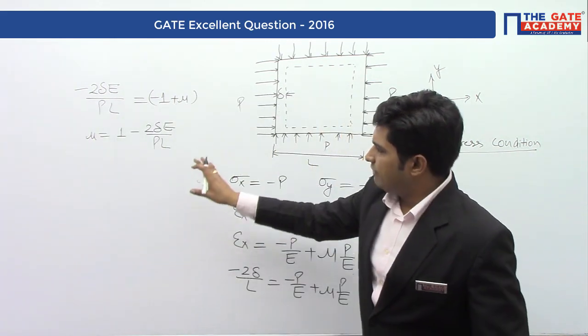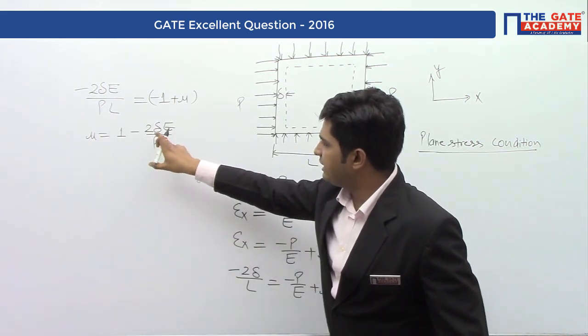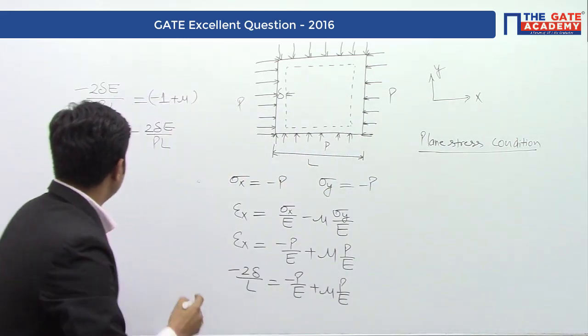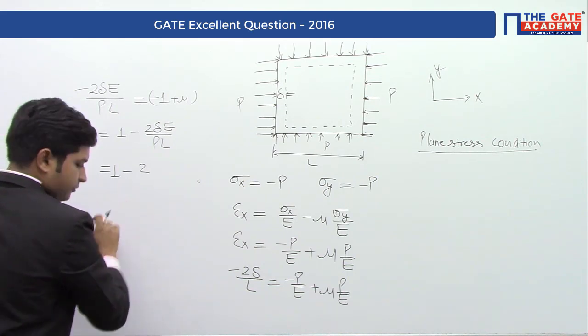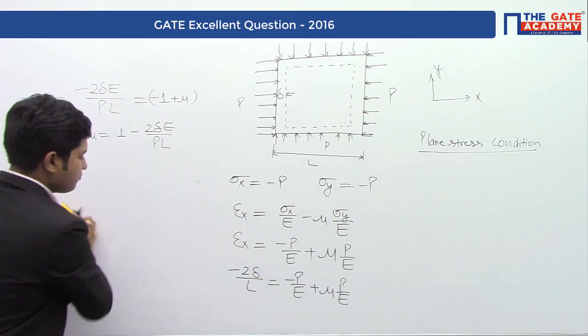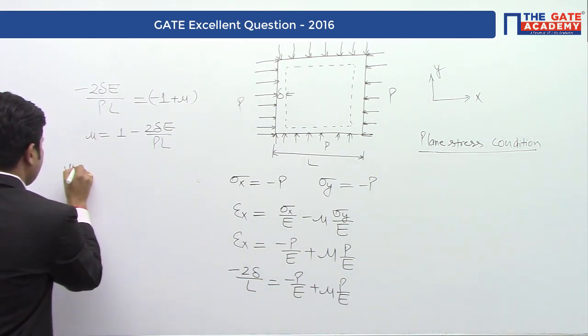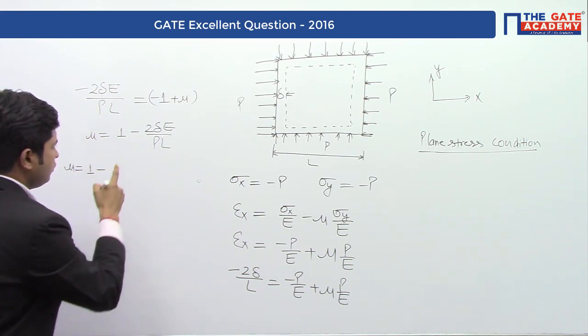Now let's put the values of delta, E, P and L. So mu is equal to 1 minus 2 times